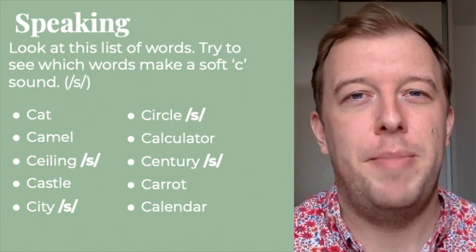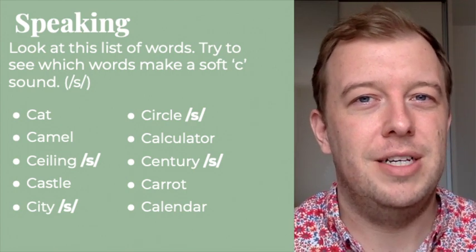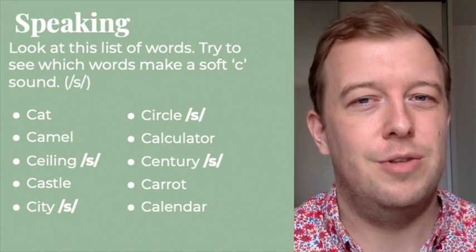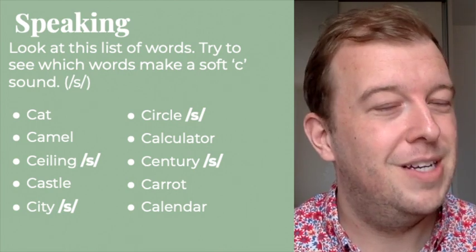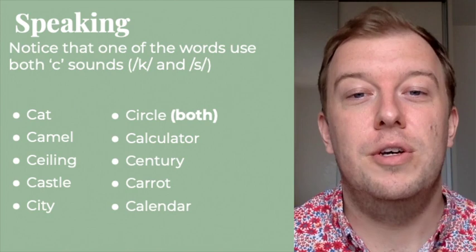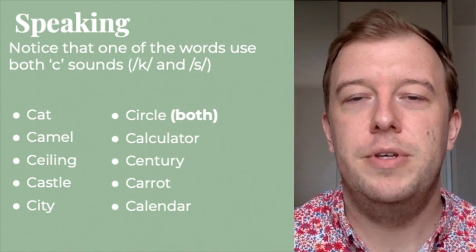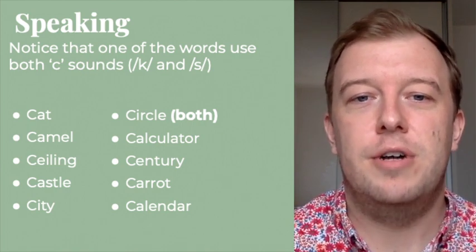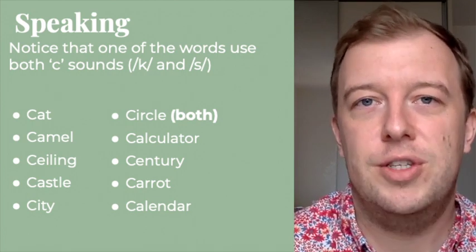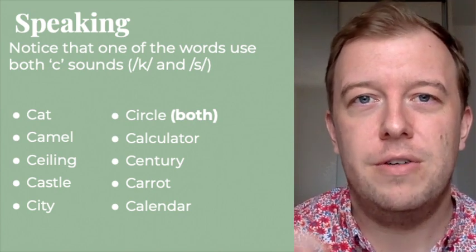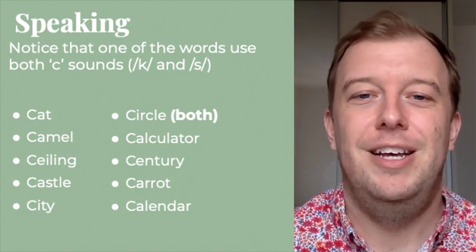Now, for those of you who are paying a lot of attention, you might have noticed a really interesting word on that list, one that's a little bit different from the others. Can you spot the really unique case here? Let's take a look at which one it was. So, the word circle is really interesting because it actually has both C sounds in it. It starts with the soft C, the S sound, sir, sir, and then it ends with the hard C sound, K, so kl, kl, kl. So circle,